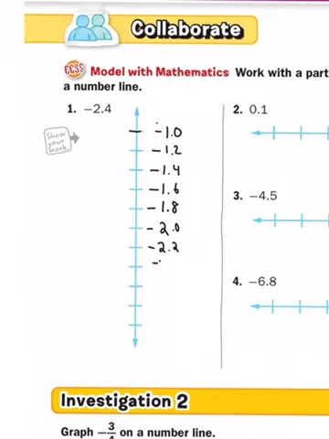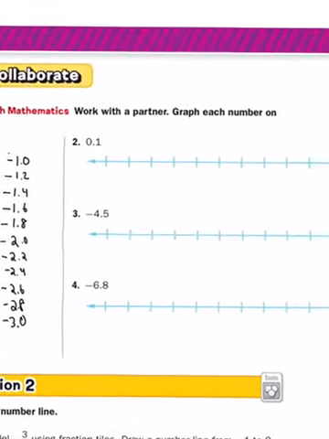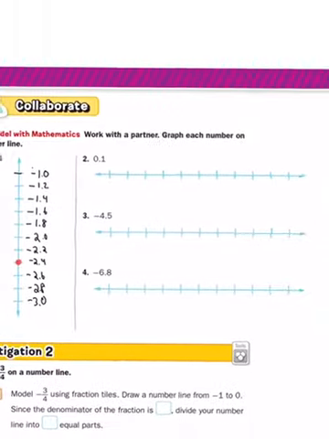-2.2, -2.4, -2.6, -2.8, and -3. Now all we have to do is just put a dot at -2.4. So I'm going to put a dot right there. And there's different ways you can number that number line. That's just one. You didn't have to start with -1 at the top. Now, why don't we do number 2 together, and then I'll have you try 3